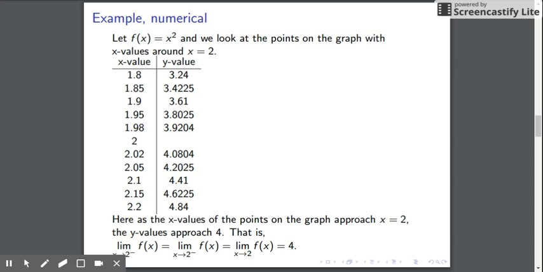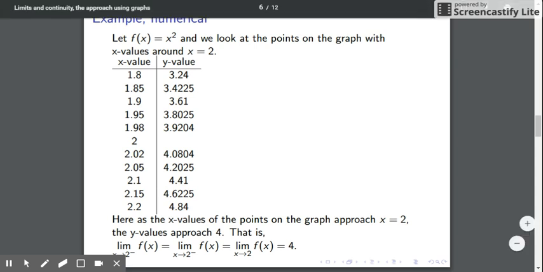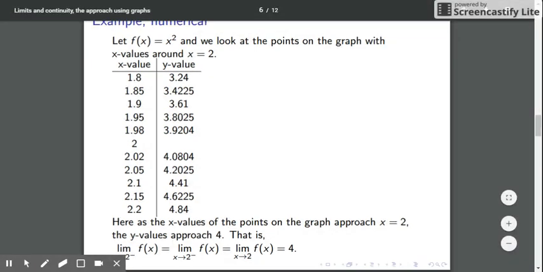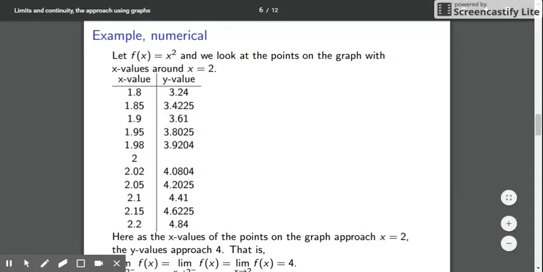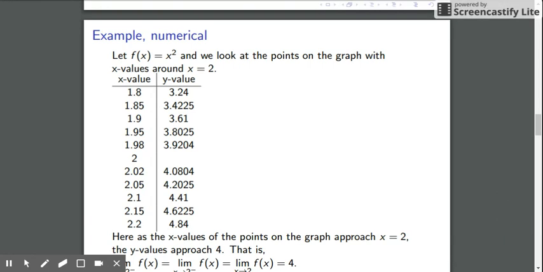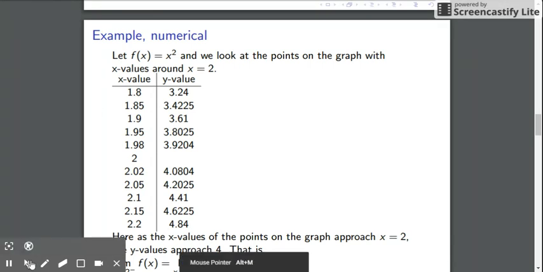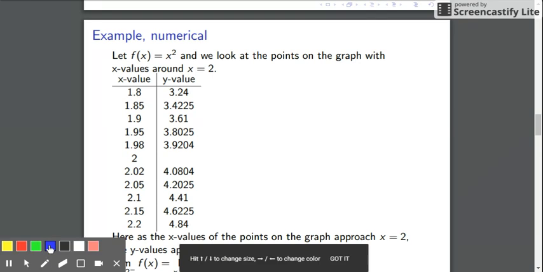This is a continuation of the limit and continuity lesson. This time we want to give a numerical example. So let's see what happens when we have f of x equal to x squared. Let's just take x values that are getting closer and closer to 2,